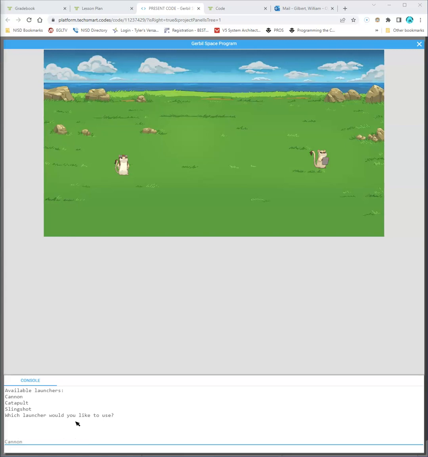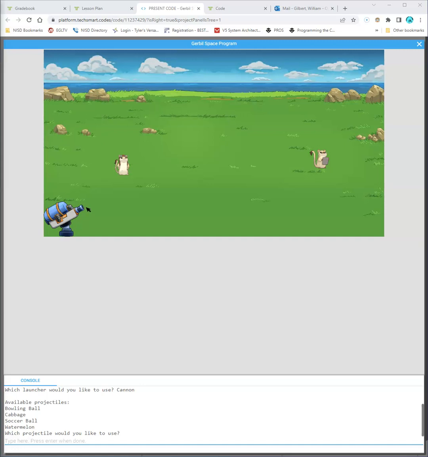So this is a good opportunity to use some force correct input because if they enter something that's not there or they spell it wrong, it's going to cause you some issues later. So take a little bit of time to build that loop in to make sure that your user input is correct. After you enter the launcher, notice that the launcher is going to appear in the lower left-hand corner of